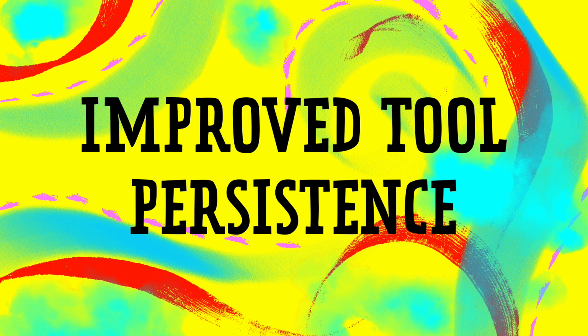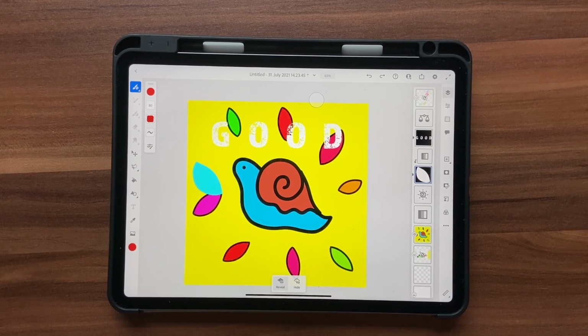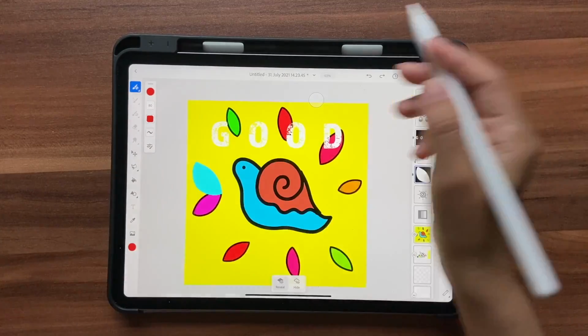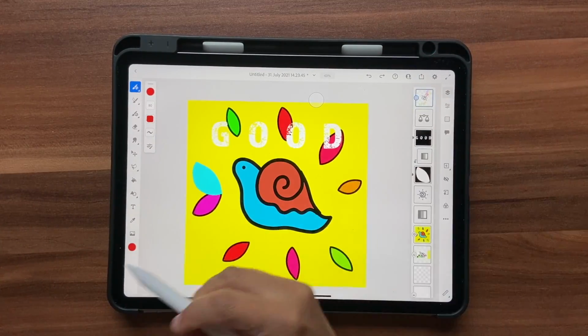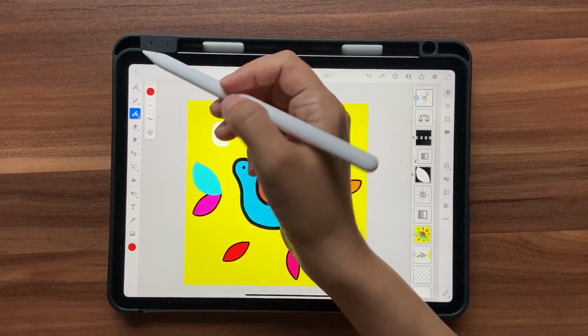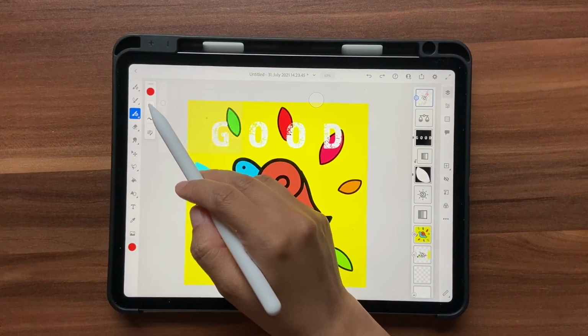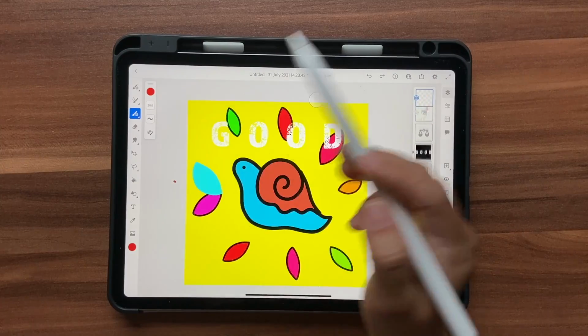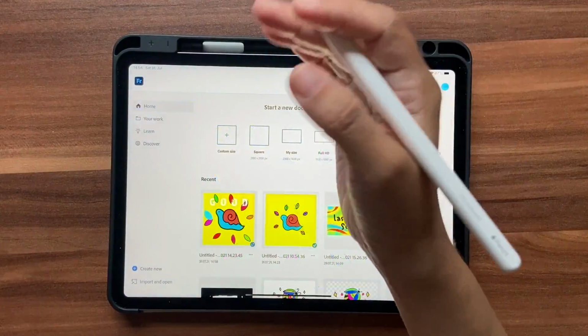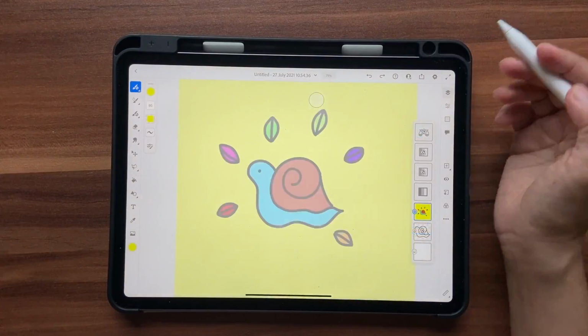The next one we have what Fresco terms as improved tool persistence. So what this means is when you choose a particular item, for example, let me just go ahead. I'm going to choose a vector brush, and imagine my vector brush size is set to 20 and smoothing is set to 72. Now I go outside the artboard, and before, when I actually open up the artwork,